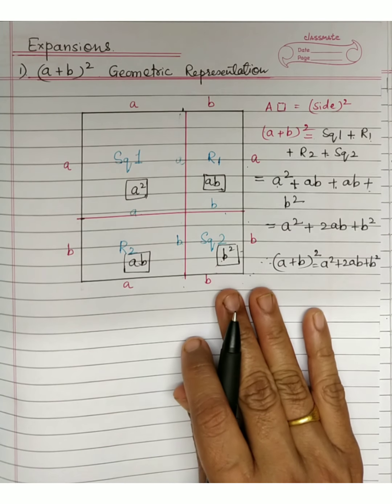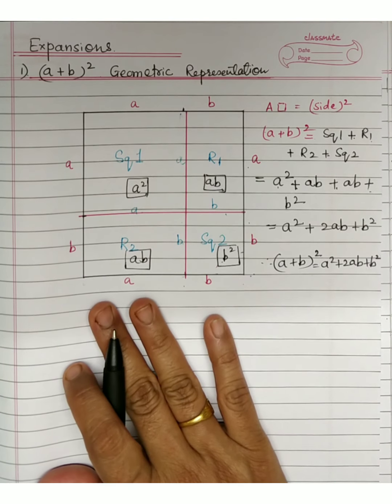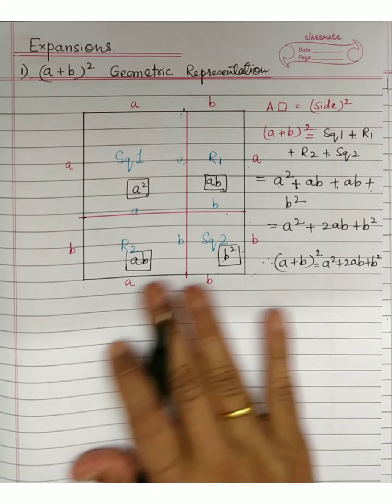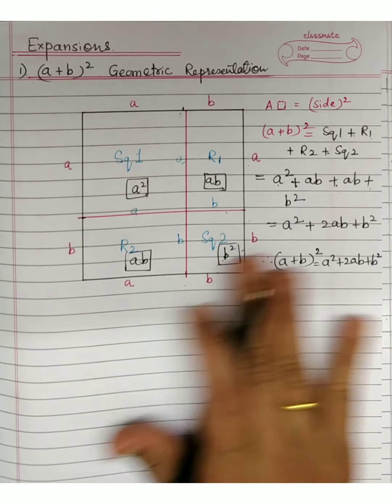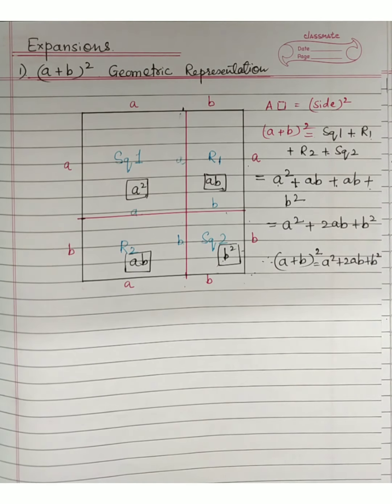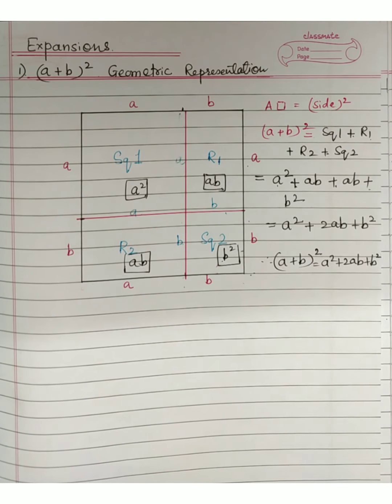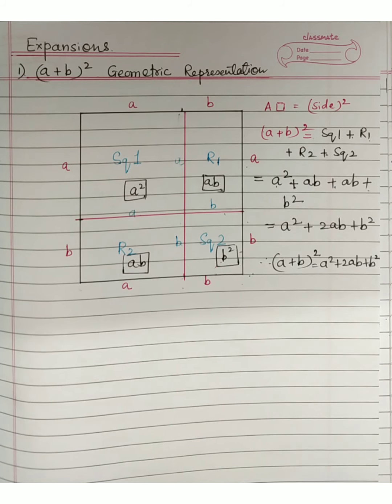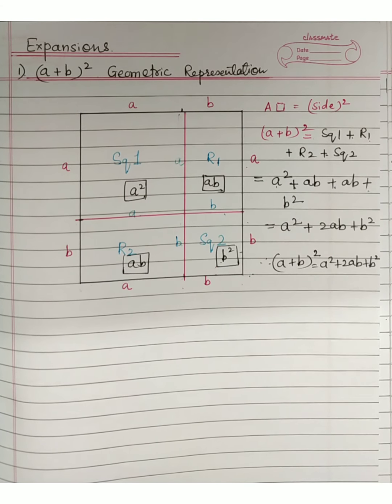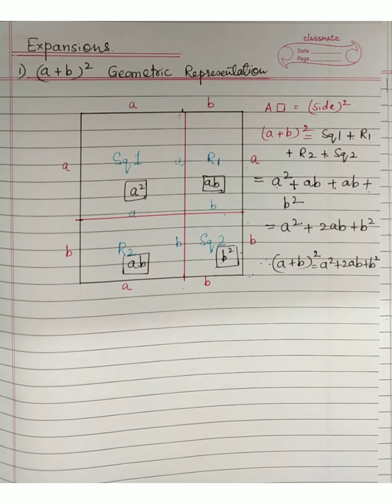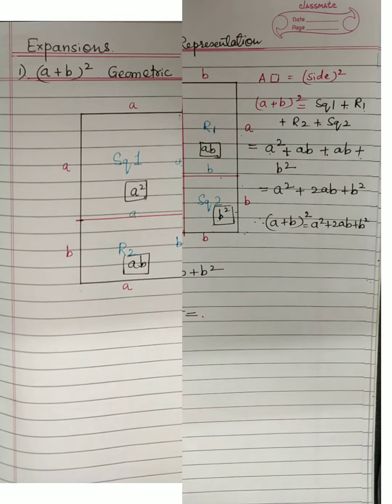Now I hope every one of you will remember how this formula has come and will never make any mistake in writing this very simple but very important formula. Okay. Now let's just have a look at another important formula. We call them expansion formulae, or we also call them identities. Just quickly we will revise them.